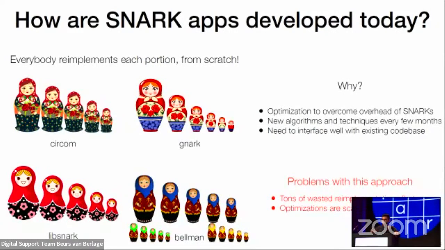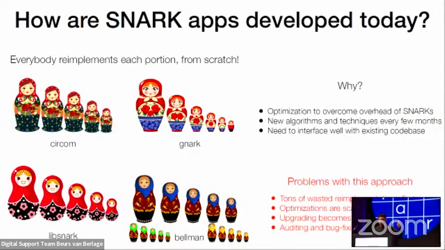Optimizations are then scattered across these libraries, right? You might have one particularly efficient multiscalar multiplication algorithm in one of these libraries, and then a very efficient pairing algorithm in another one. By scattering effort across libraries, upgrading your protocol becomes difficult. You might be stuck with a very old SNARK just because you don't have the manpower to analyze and implement a new one. And finally, very importantly, auditing and bug fixing efforts of the community are sort of distributed now across all of these libraries, instead of the attention being concentrated on one very well vetted code base.